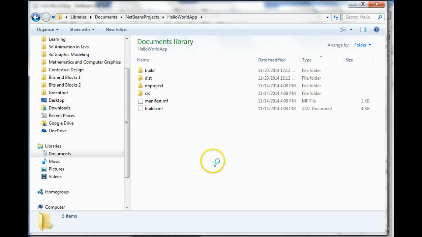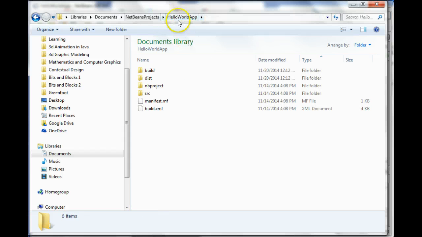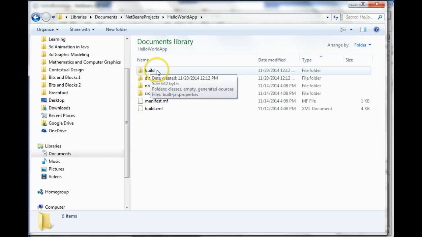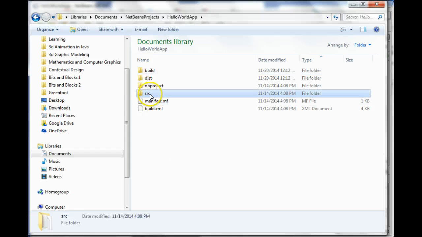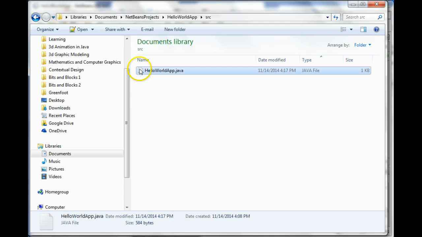files right now. So these are the files in the NetBeans project. So what happens is when you create that NetBeans project, there's a folder somewhere on your system. Since we created one called Hello World App, a folder gets created called Hello World App. And it has these different files in it, and the ones we're going to be concerned with in this video are the source files in the SRC folder and the class files in the build folder. So the SRC folder has whatever files you created, the .java files, and those are just plain old text files. So the Hello World that you edited inside of NetBeans or Eclipse, whatever you used, that's something that you can